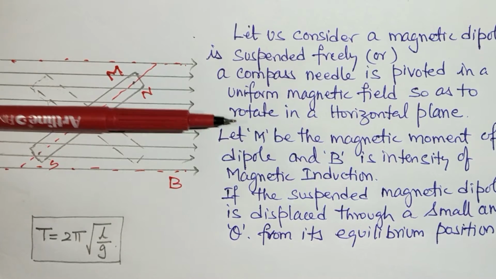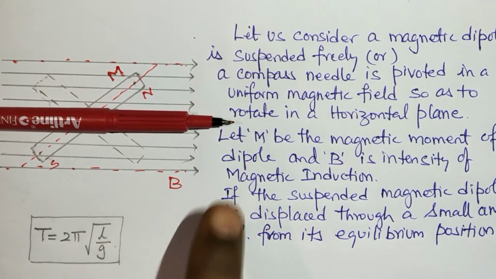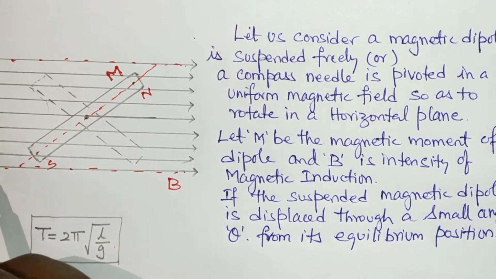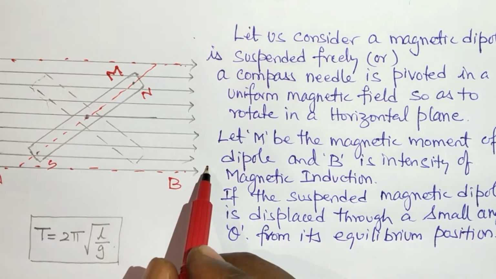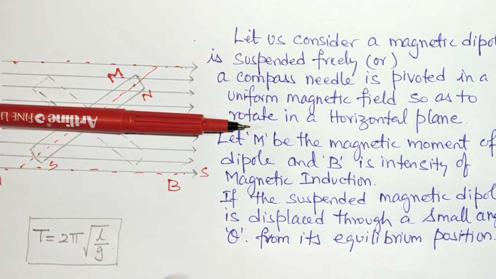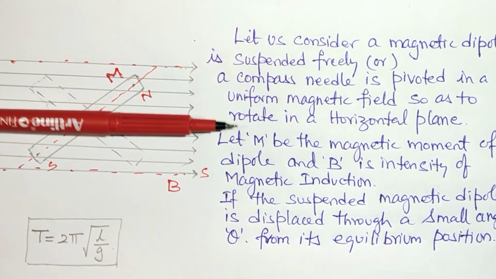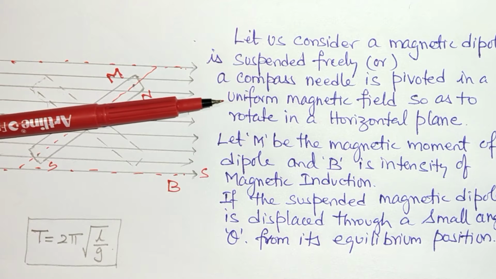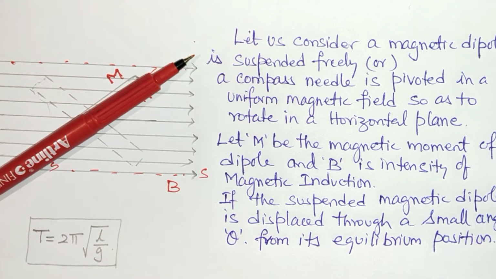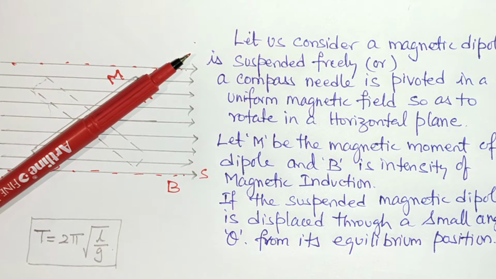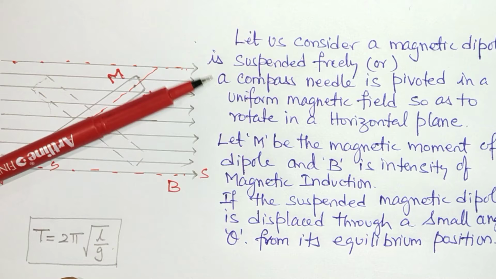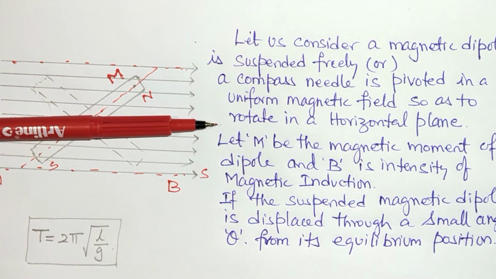Initially the magnetic compass was facing the north of the earth. So this is the magnetic field. Magnetic field lines travel from north to south. So this magnetic compass, which was in this direction, when placed in the magnetic field, experienced a torque and gained some restoring force. And when this field is removed, it will try to come back to its equilibrium position.